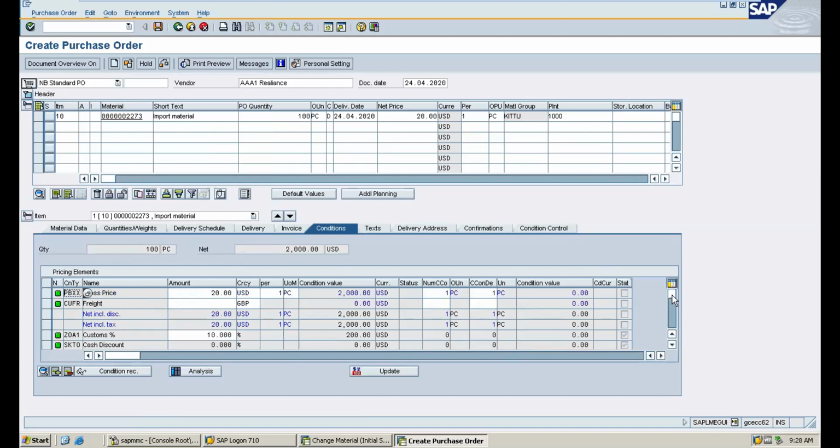Then you can see here customs is 200 USD, which is 10%. Now just save the purchase order. We maintained the customs in the purchase order, and GR based check is not there. For this PO, the customs needs to be cleared before receiving the goods.